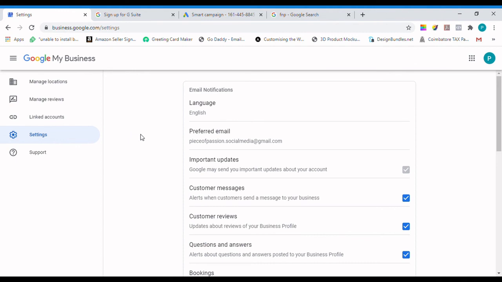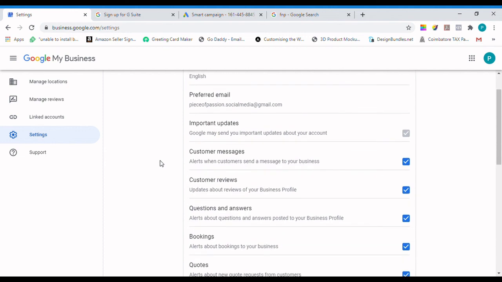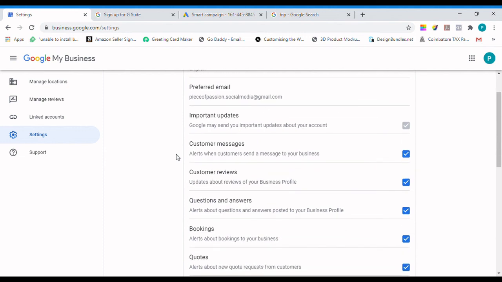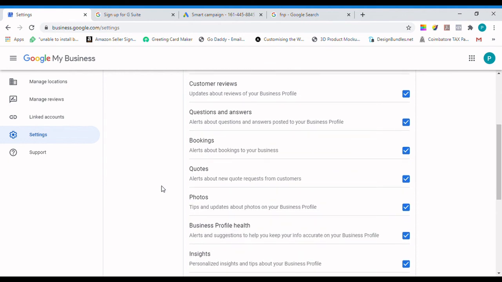The last one is the settings part. Here it shows the email notification language you prefer and the email which you are using to create and manage this account, and these are all the options which you can check or remove, but better to keep them on.